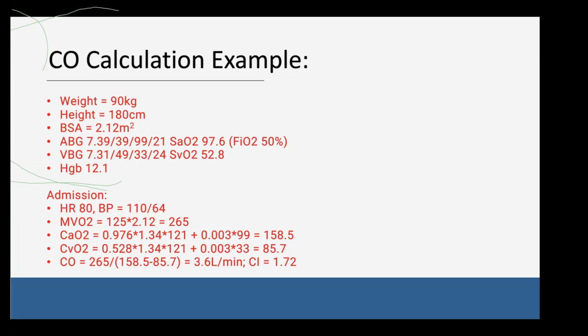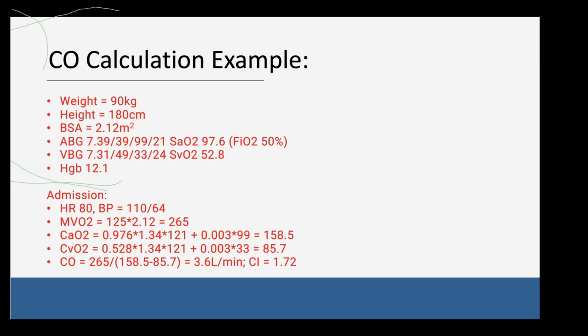Then you very astutely pointed out, well, the SVO2 is quite low. It's 52.8, which is lower than what we would like to see, obviously. And that's also what's contributing to a lower CI in this case. So there's no correct answer per se, but I do think that there might be a little bit of hesitation in weaning the inotrope, even though from a hemodynamic standpoint, I think it's very reasonable. Because that SVO2 is low, you might have some reservations. Am I summarizing that correctly for you, Esther? And anyone else?